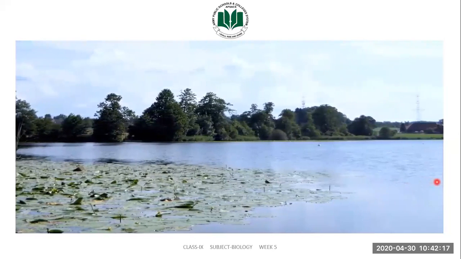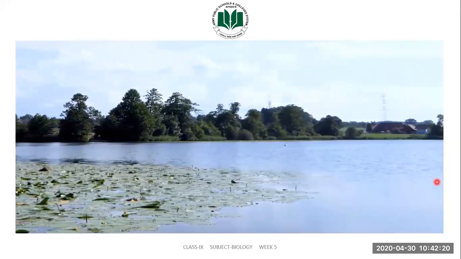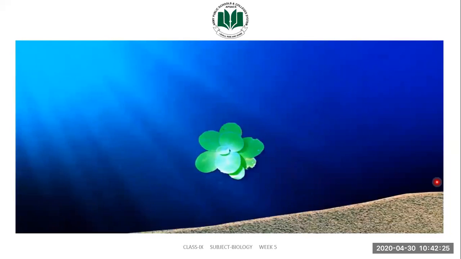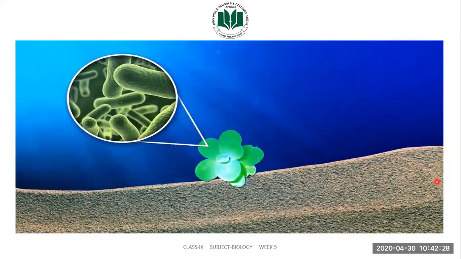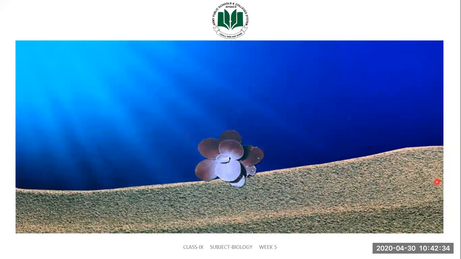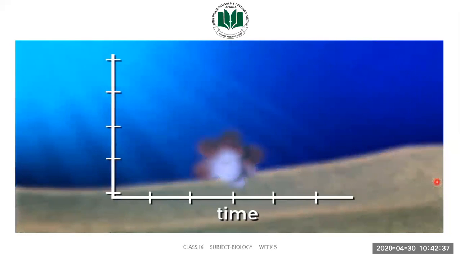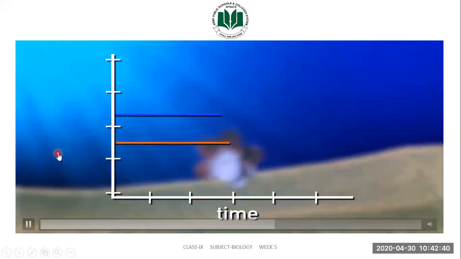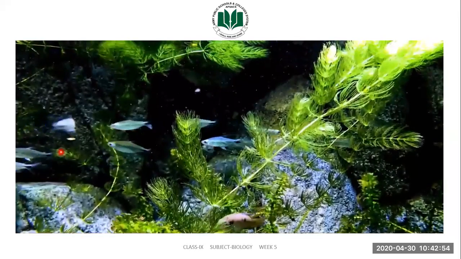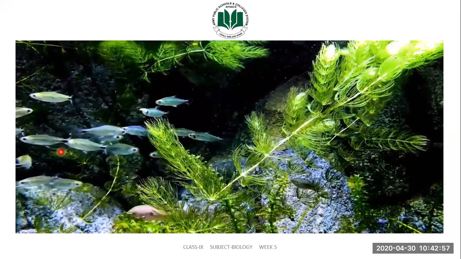The real problem comes when all the nutrients are used up and the water can no longer support so much life. When this happens, the excess algae, phytoplankton, and plants die off and sink to the bottom of the body of water. Here, bacteria and other decomposers feast on the dead bodies in a chemical process of decay which consumes oxygen. Now, in a usual ecosystem, the amount of dead matter is relatively constant, so oxygen levels stay relatively constant as well. But when a bloom occurs, far more organic matter is ready to decompose, and so nearly all the oxygen in the water is used in the process of decomposition, and none is left for the animals living in the water. Without this, animals that use the dissolved oxygen to breathe, so things like fish, can actually suffocate.